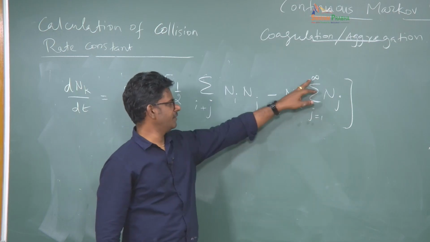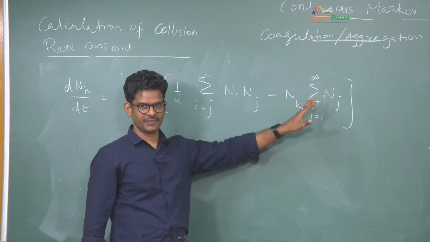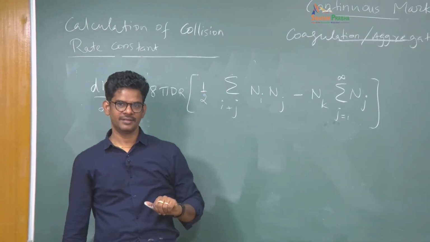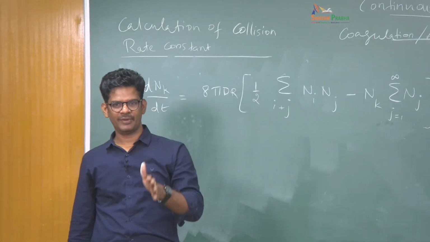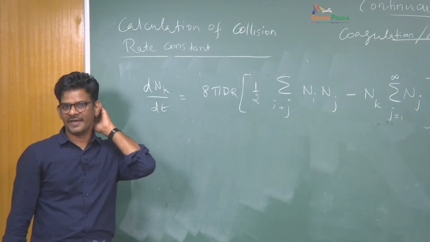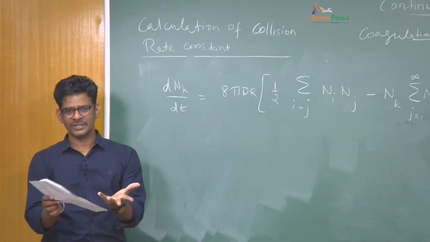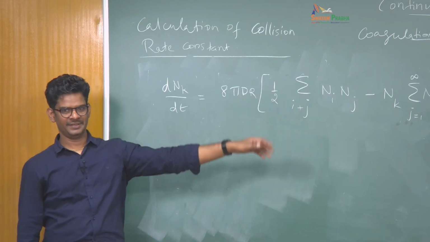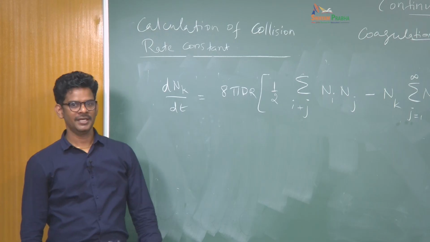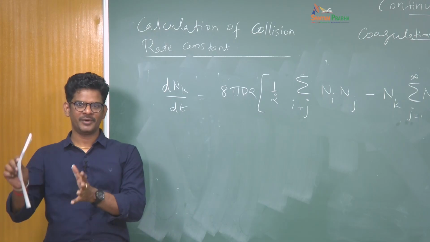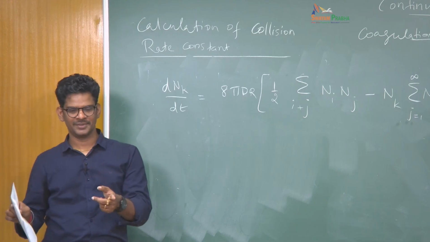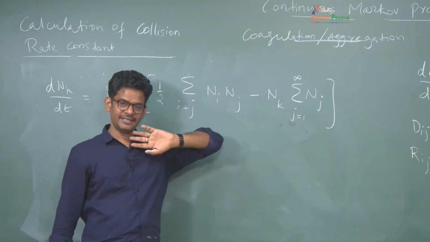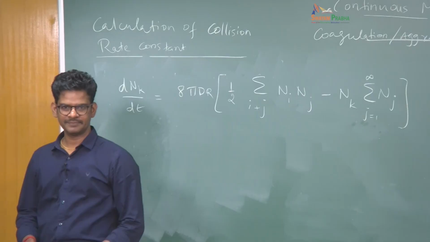See, why I put infinity is because this is written for any time. This aggregation is actually an infinitely happening event. So you do not really put an upper limit to the aggregation. In fact, aggregation will continue until the entire set of particles becomes one single particle. That is when the aggregation stops, and that limit we say something like infinity. Meaning that if you have one particle and all the other particles minus 1, that will be the last collision step. Even that is taken care of by this. So this infinity basically means that the entire system can actually become one single particle at some point of time.